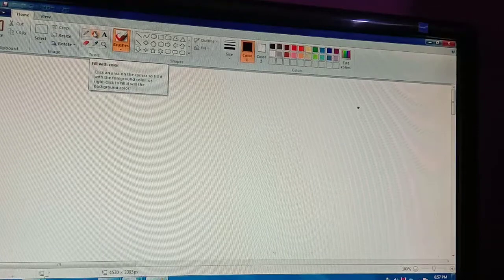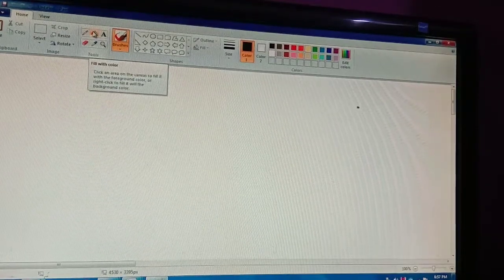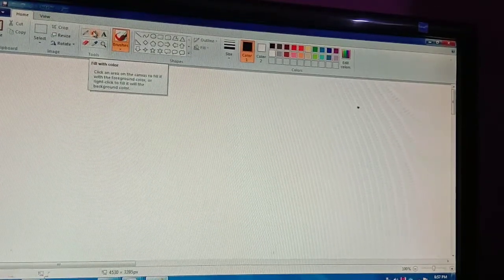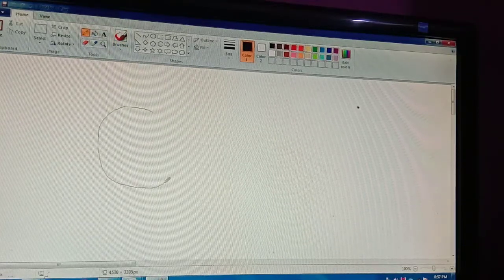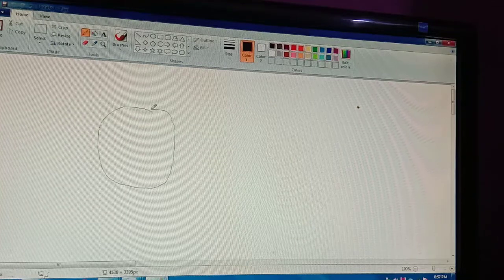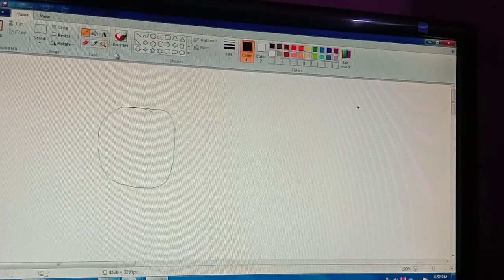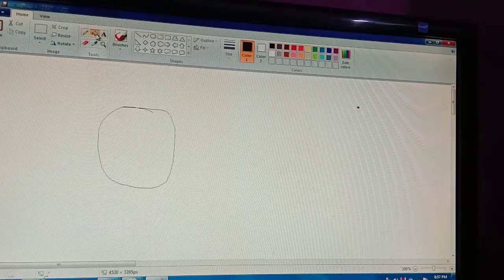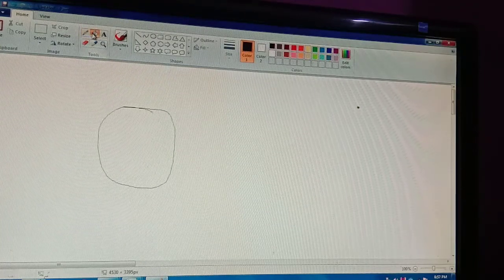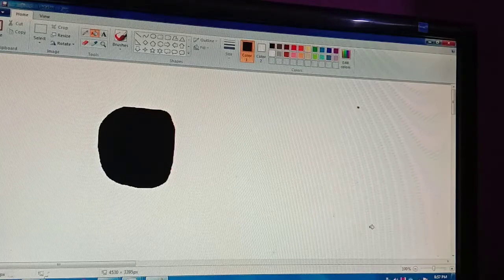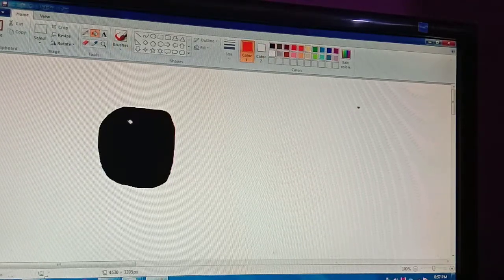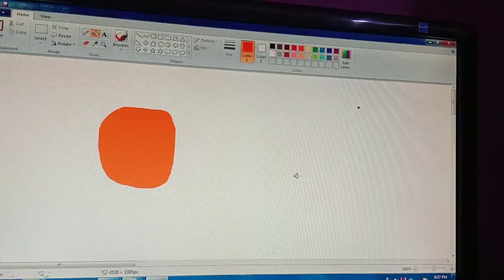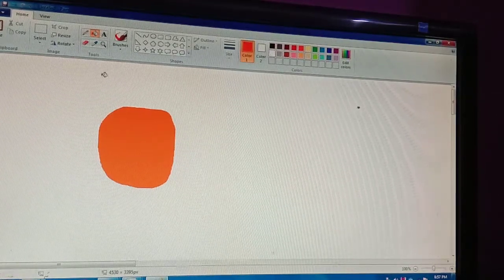Okay, just like your fill with color, जिसमें आप कलर फिल कर सकते हैं अपनी ड्राइंग में. For example, I am making a circle with color. You can see my drawing is very poor. Okay, student, so do not laugh. Okay, so see here, from here you can fill color. Oh, this is black color, we have to choose the color. For example, I want to choose this, so I can fill this. Okay, so this is a fill color option.